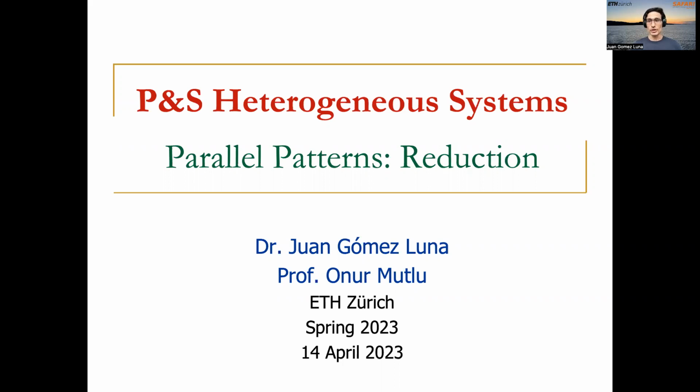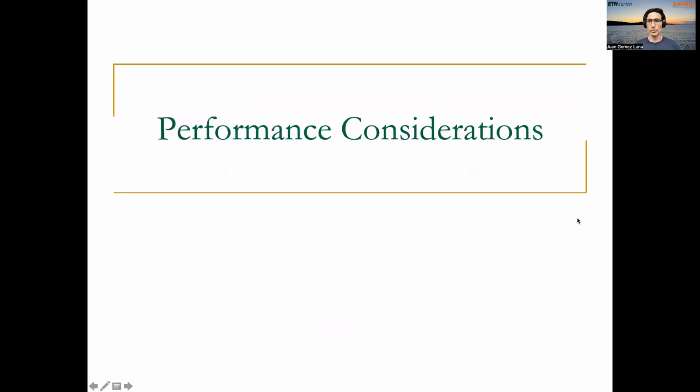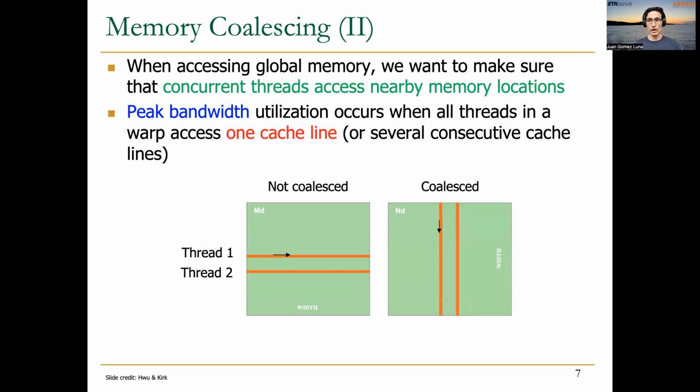But before we go into the details of the parallel reduction, let me very briefly remind you what we covered in the previous lecture. We were talking about GPU performance considerations. We discussed what are the main considerations to take into account when we are optimizing code for GPUs. Remember that one key performance consideration is memory coalescing, how we access global memory in order to utilize the bandwidth